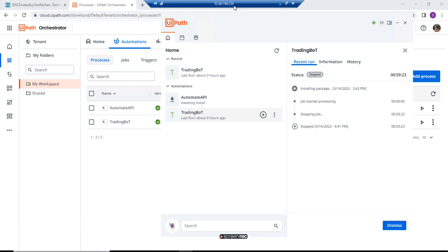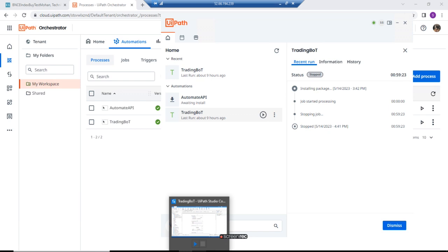So very easy to create the EC2 instance and then connect to the RDP with decrypting the username, password, and then log into the orchestrator or the cloud UiPath, and then download the, if you are new to the RDP, you might not get all the softwares available, so you'll have to do a setup. In my case, this RDP was new, the remote desktop was new, so I had to do setup of the UiPath